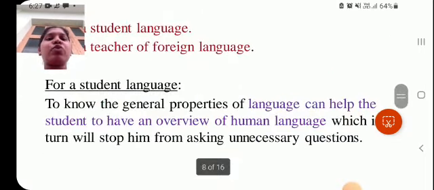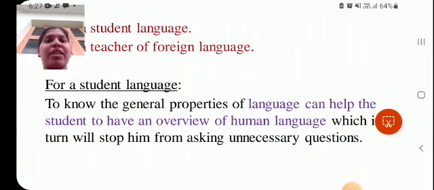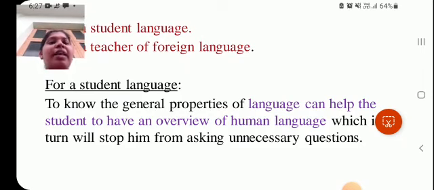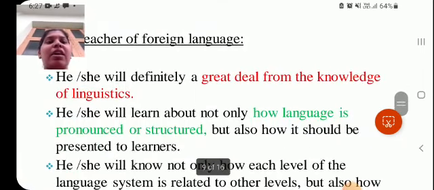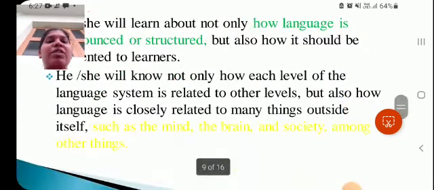It has two main purposes. One is for students of language and another one for teachers of foreign language. Studying language helps students to have an overview of human language, and for the teacher it is used a great deal for knowledge of linguistics, how the language is pronounced or structured, and how it relates to such things as mind, brain and society